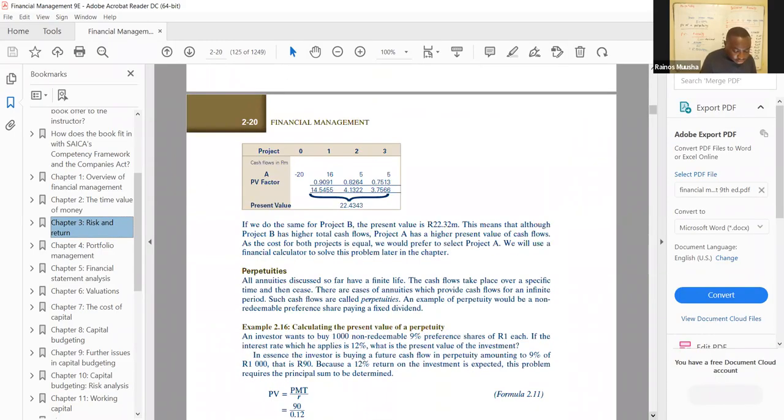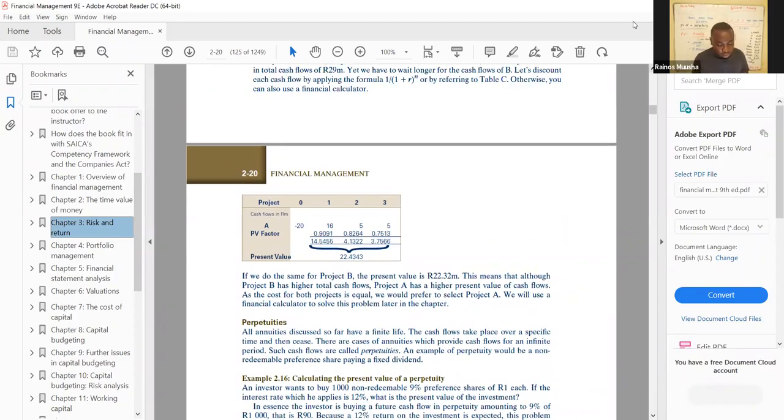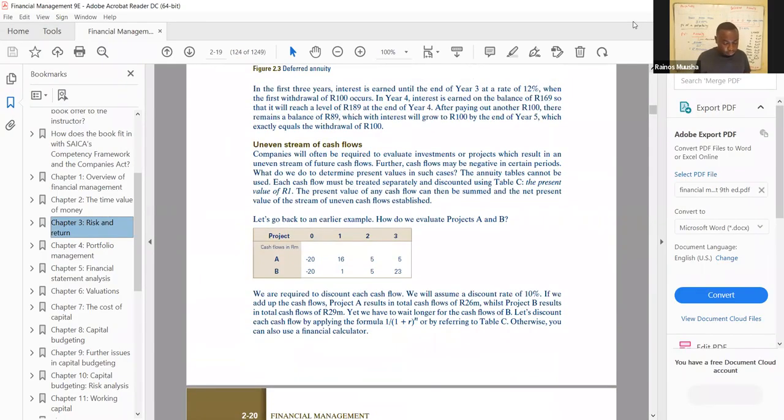So which means that if you are going to be dealing with cash flows which are random, now we need to find out exactly how you find the present value. I will look at another example where we look at finding the present value of an uneven stream of cash flows. Then I'll also give you an example where we look at finding the future value of an uneven stream of cash flows as well. So I'm not going to use the example in the textbook. I'm going to use my own example, which is a bit more practical.